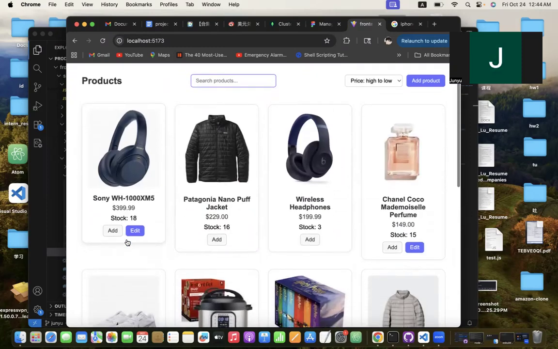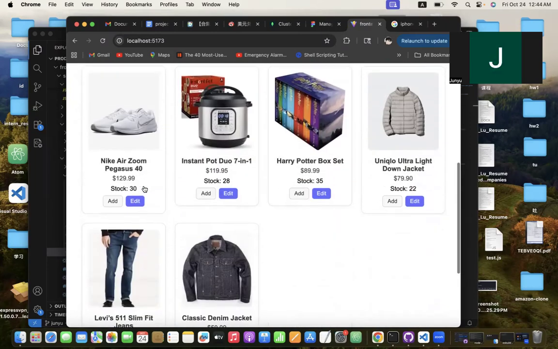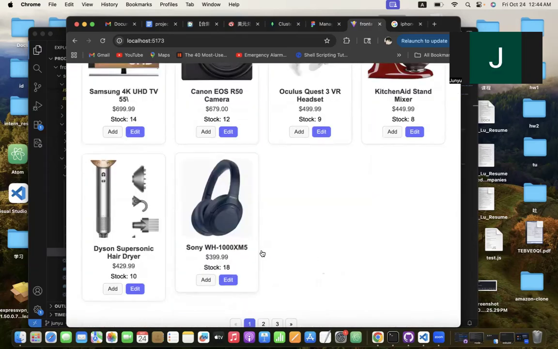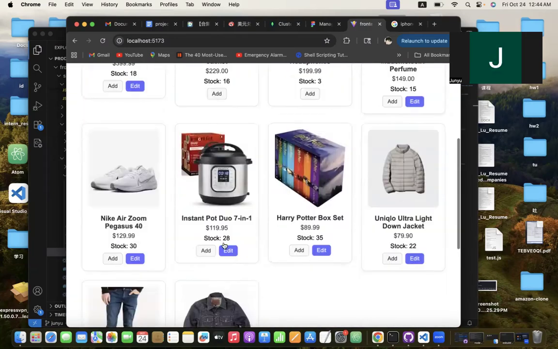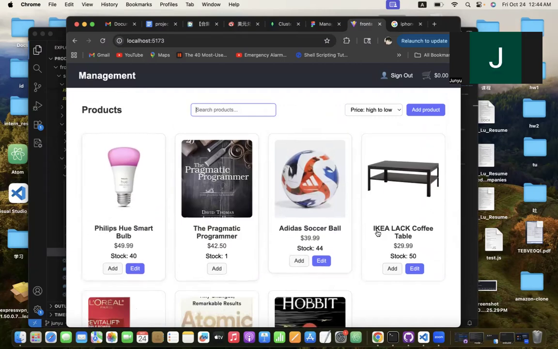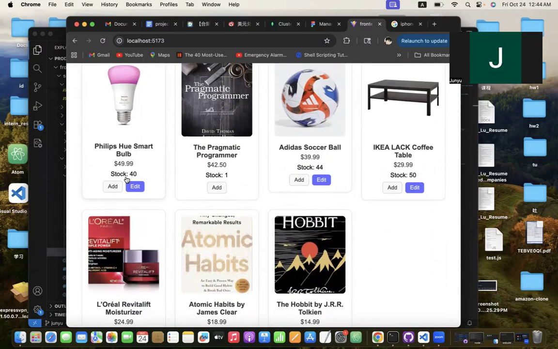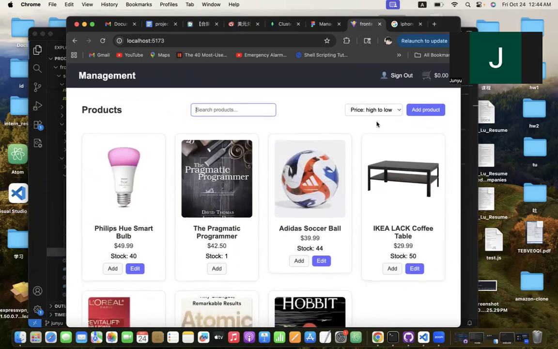Oh, the price is the same. This price is also $399, the same as the last one on the first page. It's going down. The price keeps going down, keeps going down. The price is lower than all the prices on the second page. Yeah, the sorting is working for the pagination